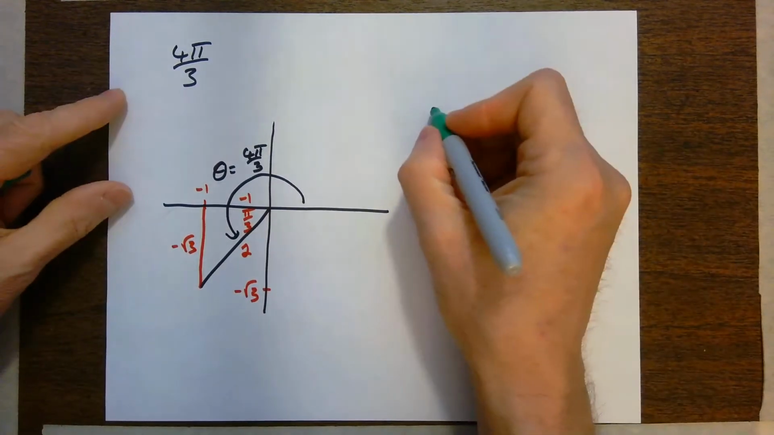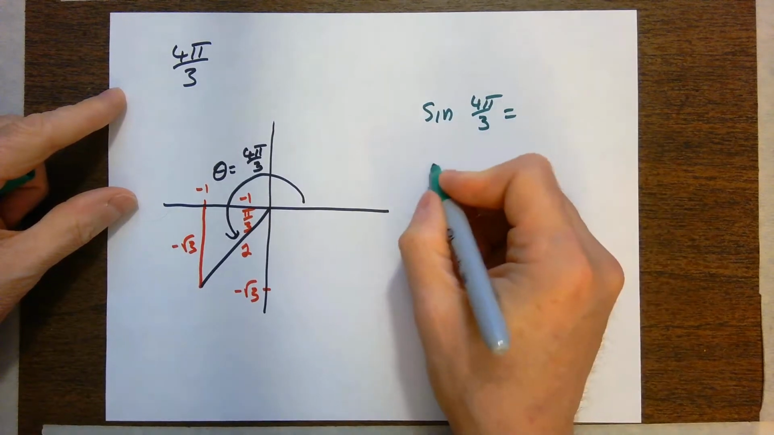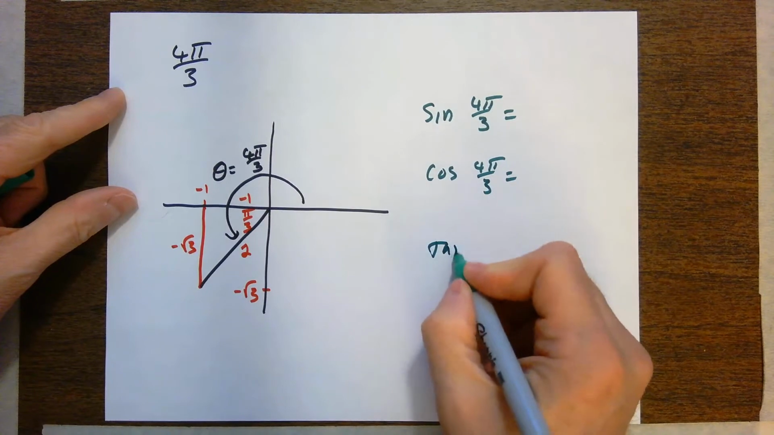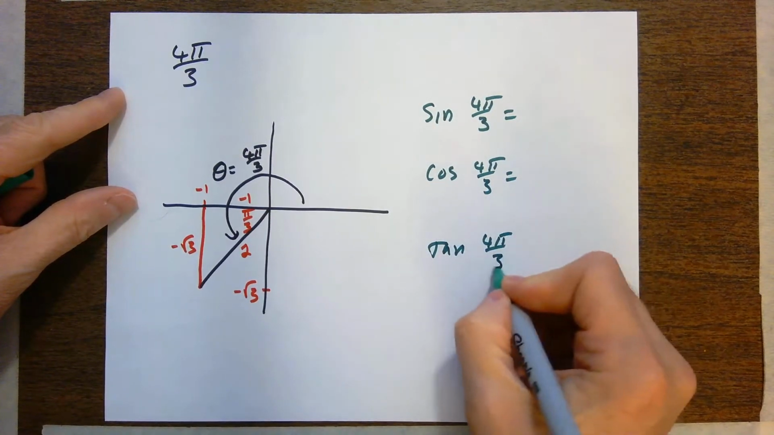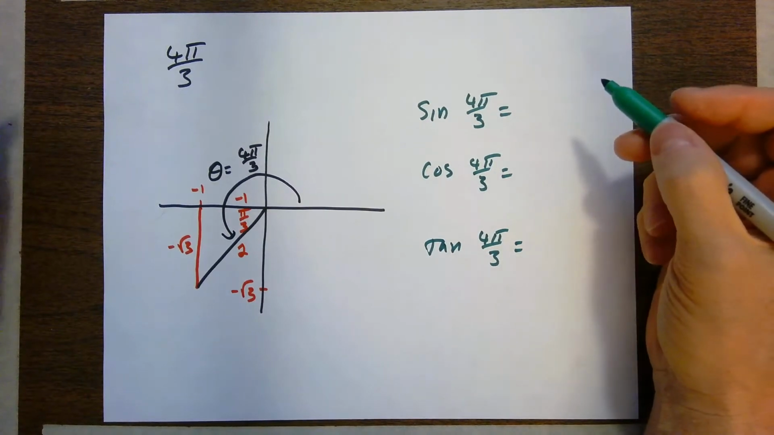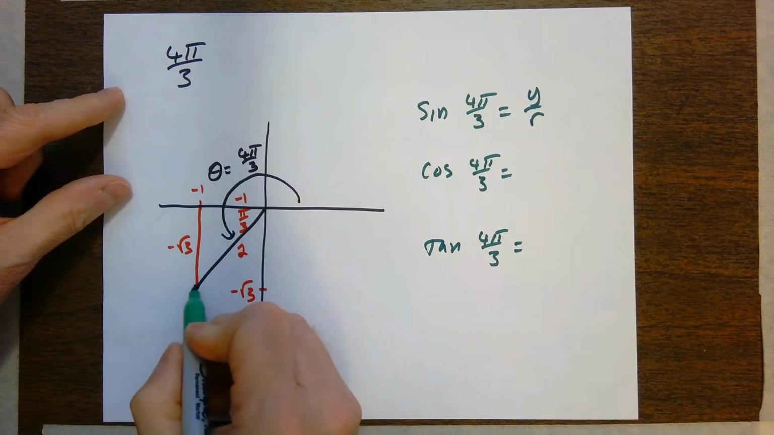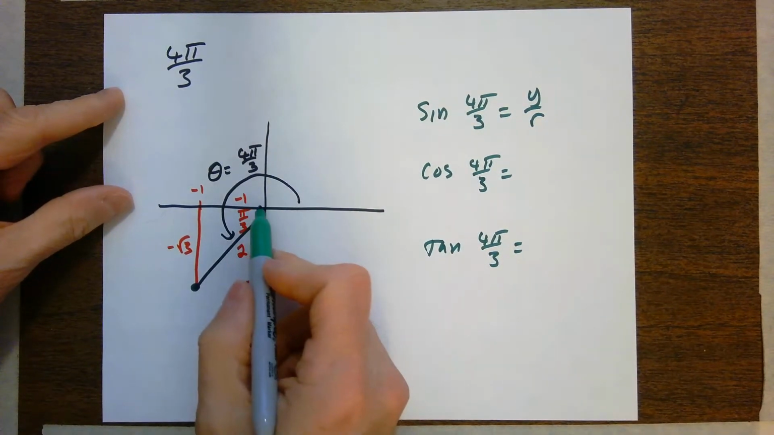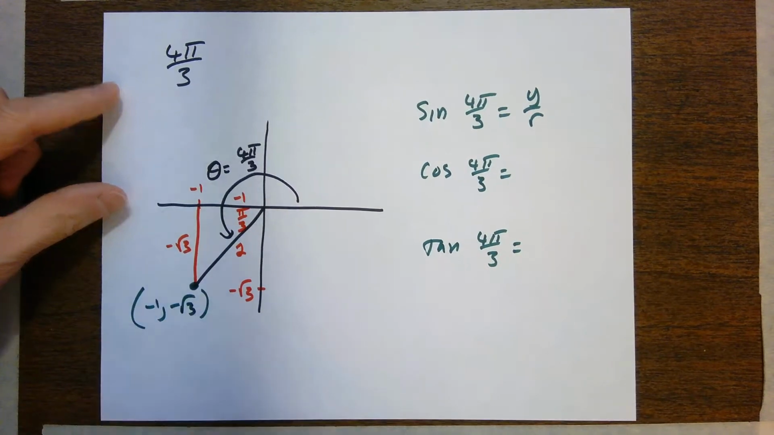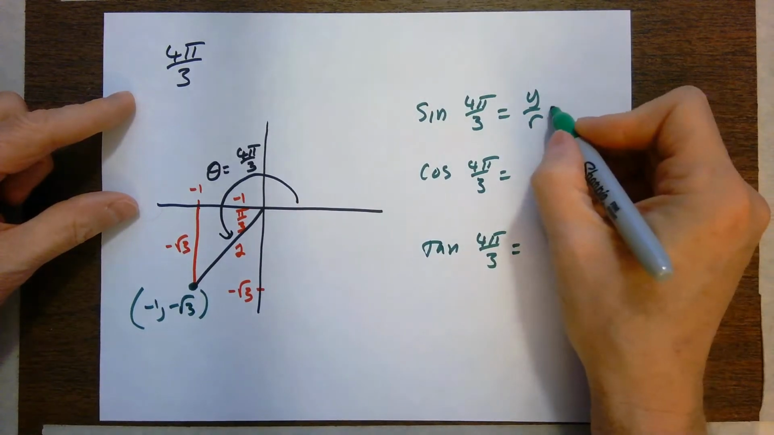What is the sine of 4 pi over 3? The cosine at 4 pi over 3? And the tangent at 4 pi over 3. The sine, again, is the y value over the r value. The y value, I didn't put the coordinates here, did I? The coordinates would be -1 comma -√3. So the y value, -√3